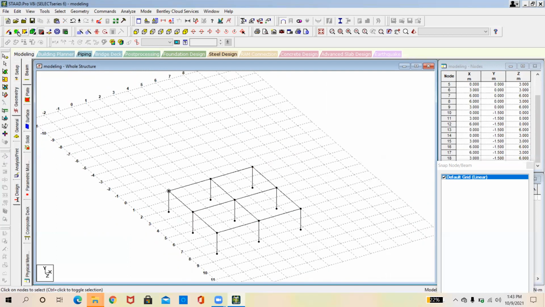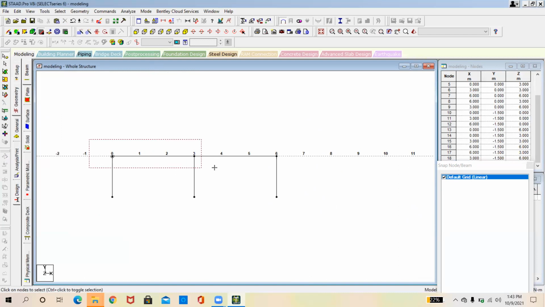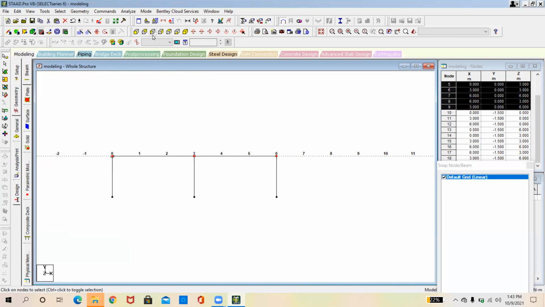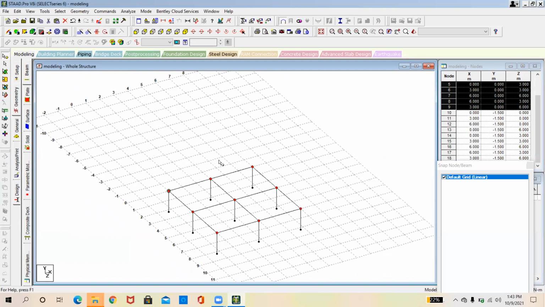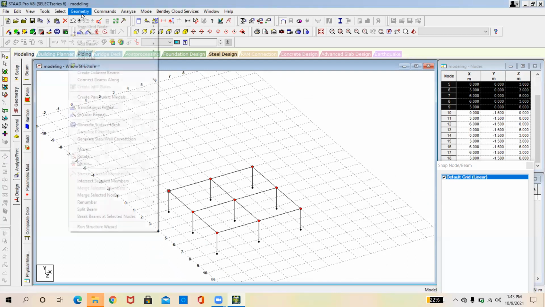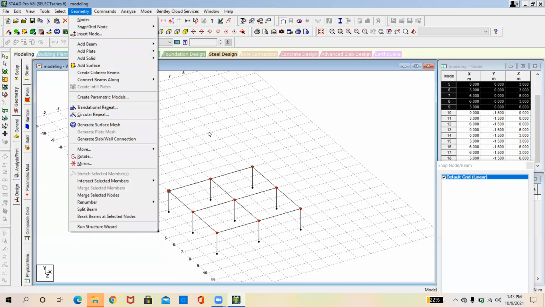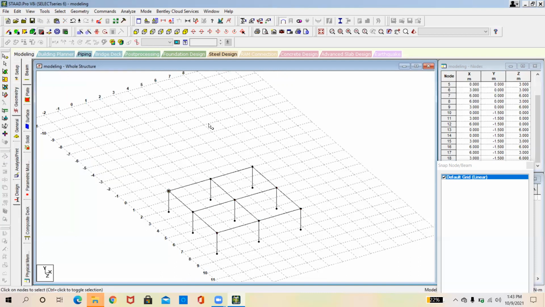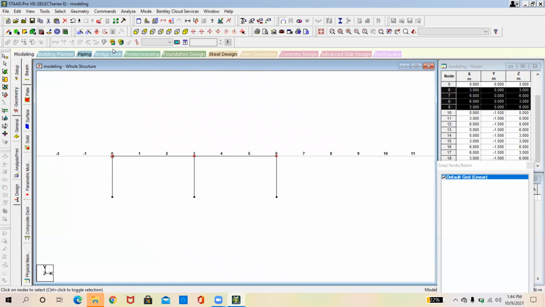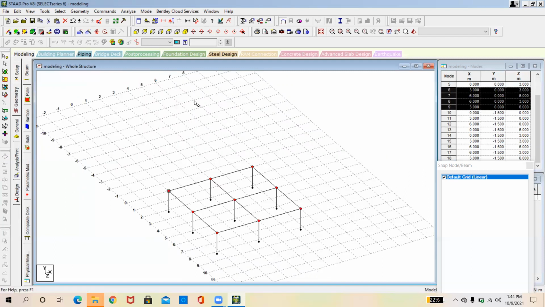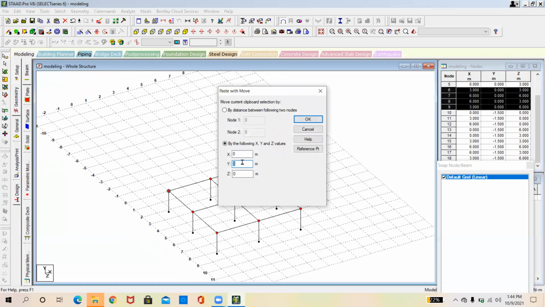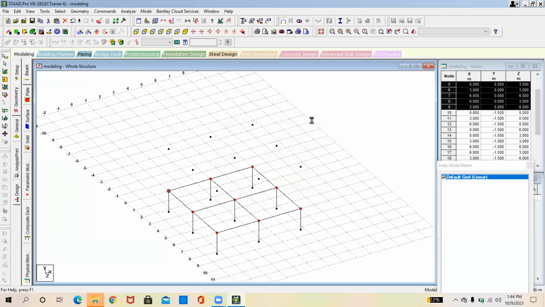Again, I'm going to select this as a front view and select all the nodes and go to Geometry. Now go to copy and paste. First, I'm going to select all the nodes, copy and paste in the Y direction for the first floor. The first floor will be 10 feet, right? That means 3 meters. It will be going in the upward direction, so positive 3.